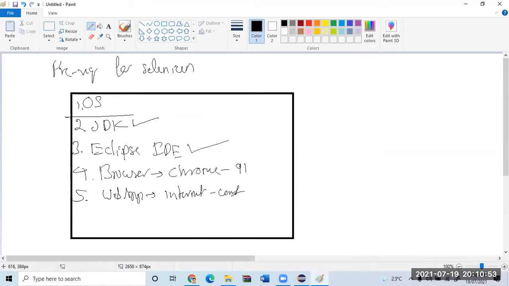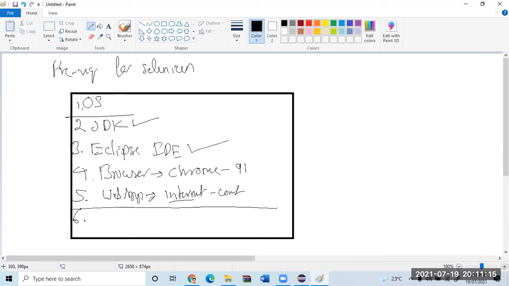If you are hearing my voice, that means you have an internet connection. That's all. So, tell me the prerequisites for Selenium. JDK, Eclipse, browser, web application, and web application access using the internet.